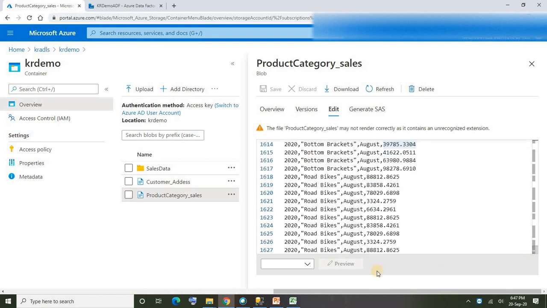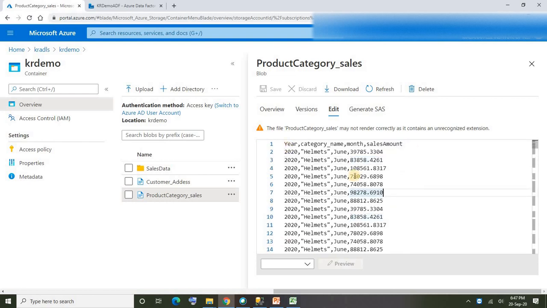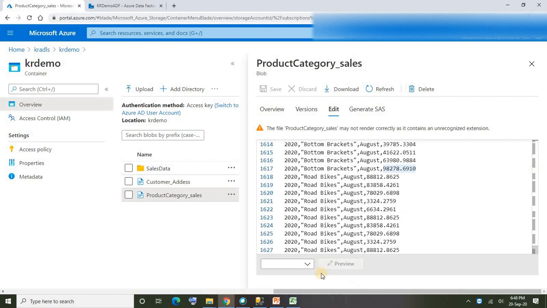If you go all the way down here, you could see 1627 rows are there. I want to load the data in an optimized way to reduce the number of rows in my target table. So finally we'll see, once we transform and load the 1627 records into the target table, how many those will become in our target table.